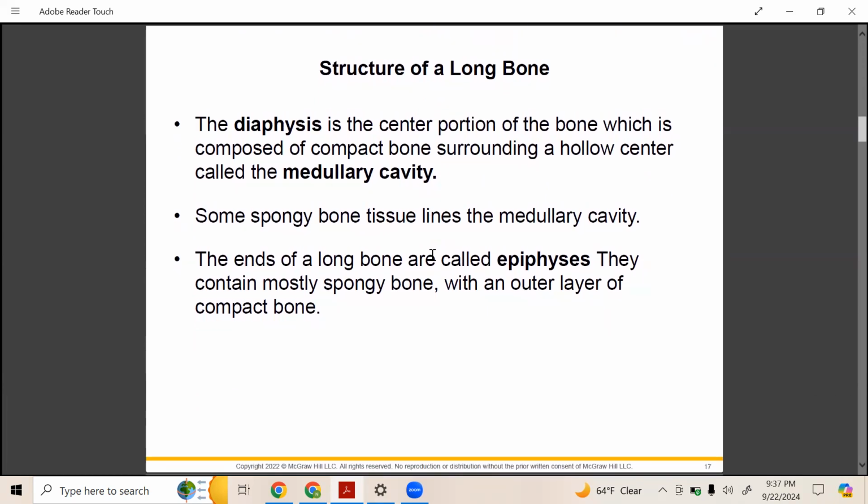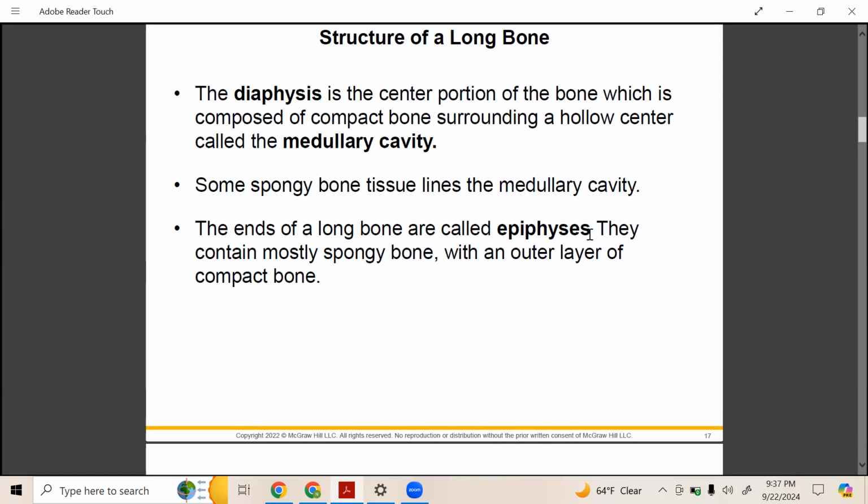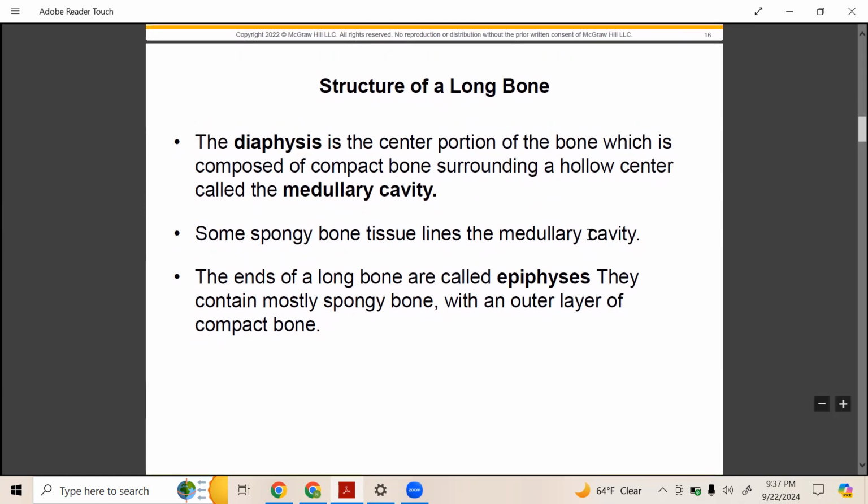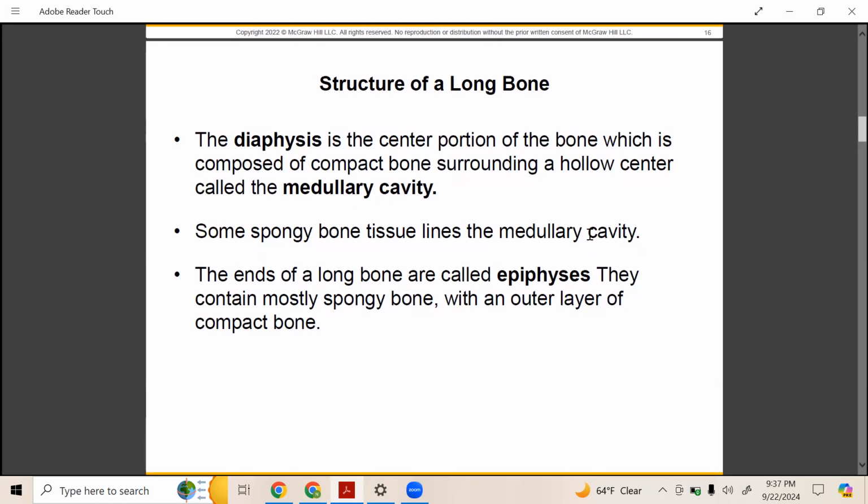So you guys should know these different terms related to structure of a long bone. So the first thing is the diaphysis. This is going to be the center portion of the bone, so this is going to be mostly compact bone. It's going to be our hollow center, which is called our medullary cavity. Within the medullary cavity, we do have some spongy bone that lines it, and that helps maintain our bone